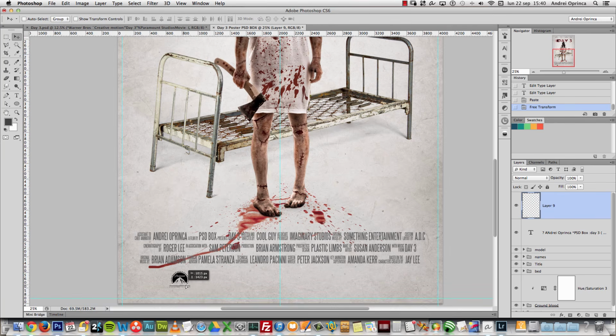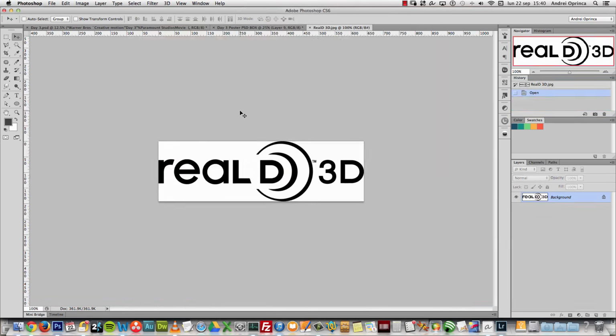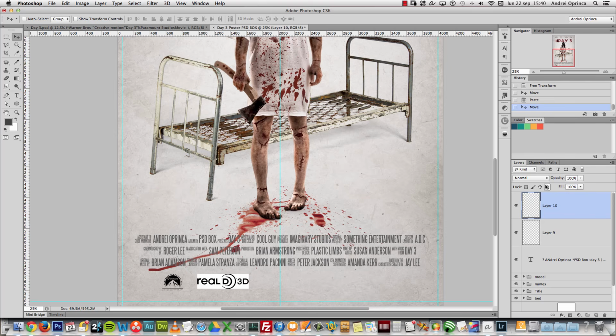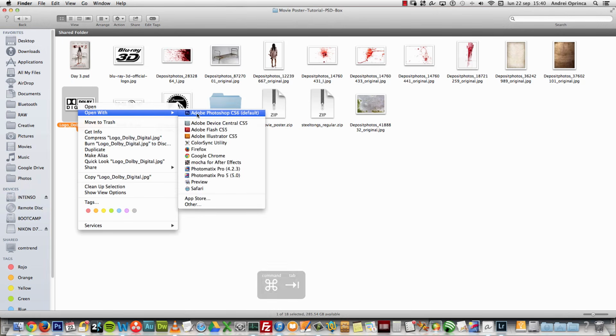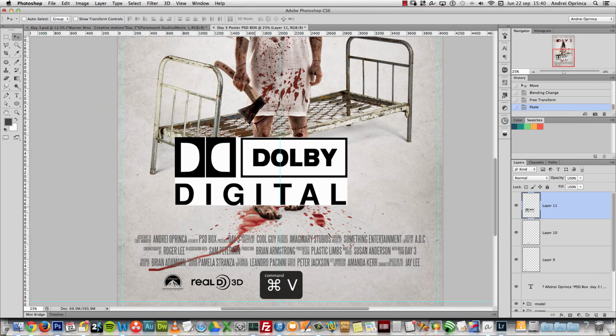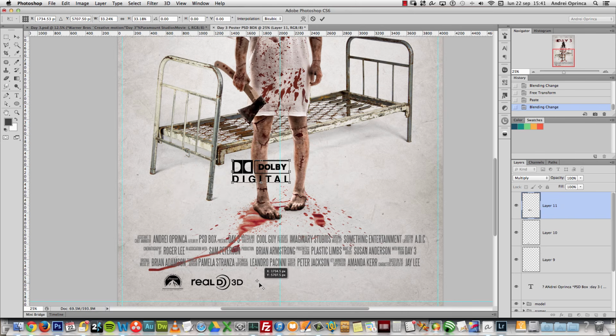So I'll add the Paramount logo there. Then I have a real 3D logo. It has white background. I will not even bother removing it, because I will only change the blend mode to multiply and the white background will go away. Leave that there. Then open the Dolby logo, copy it and paste it here. Change blend mode to multiply so that the white background goes away. Let's have it more or less the same size as the other ones, something like that. We'll put it on this other side,